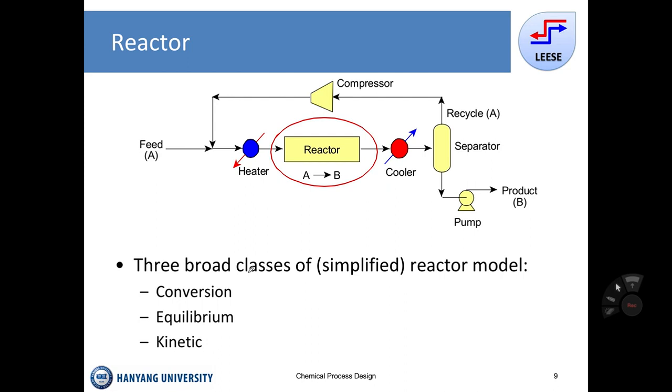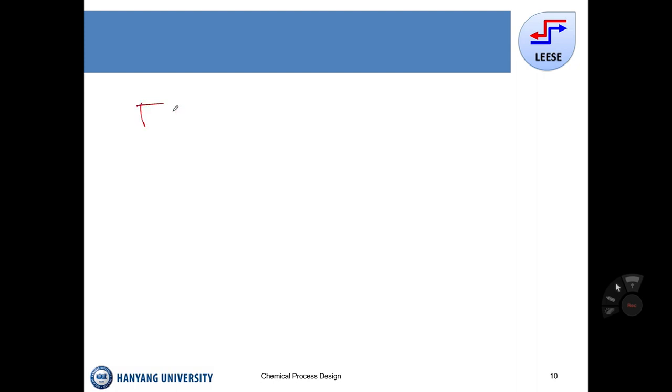So next one is the reactor. The reactor should be simulated based on the model you decide to use. So the simplest one is the conversion reactor. What is a conversion reactor? So we have the reactor. The simplest one is based on the conversion. So say 90%, maybe 70% of conversion. And I have, okay,